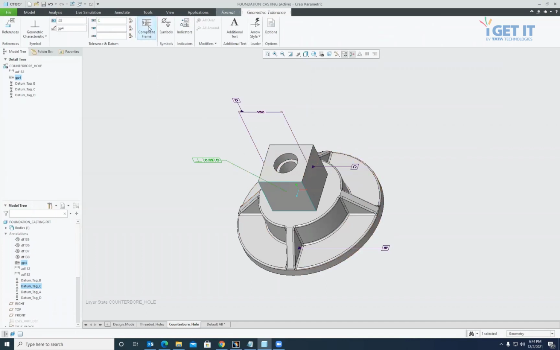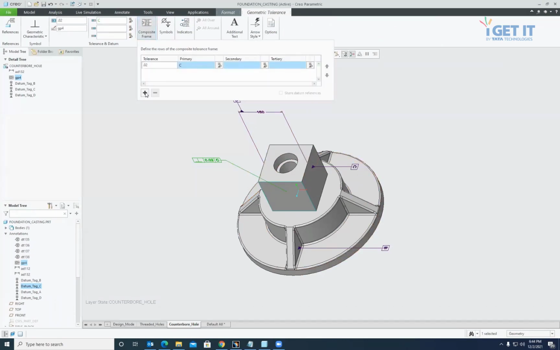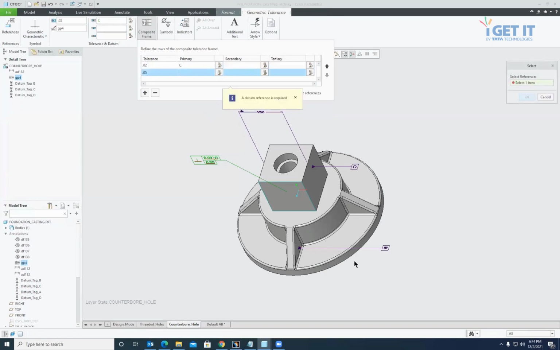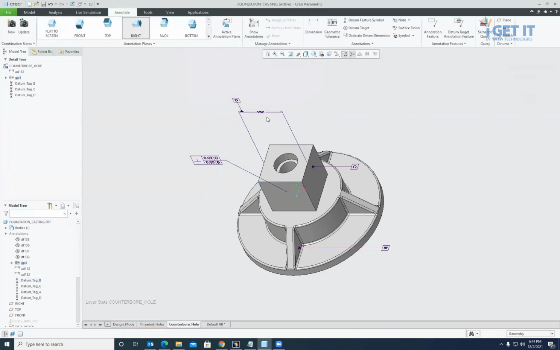That's why I will go for a composite frame, and I will set the other value, that is 0.05, and that should be with the B datum. Thus, the composite GTOL frame gets created like this.